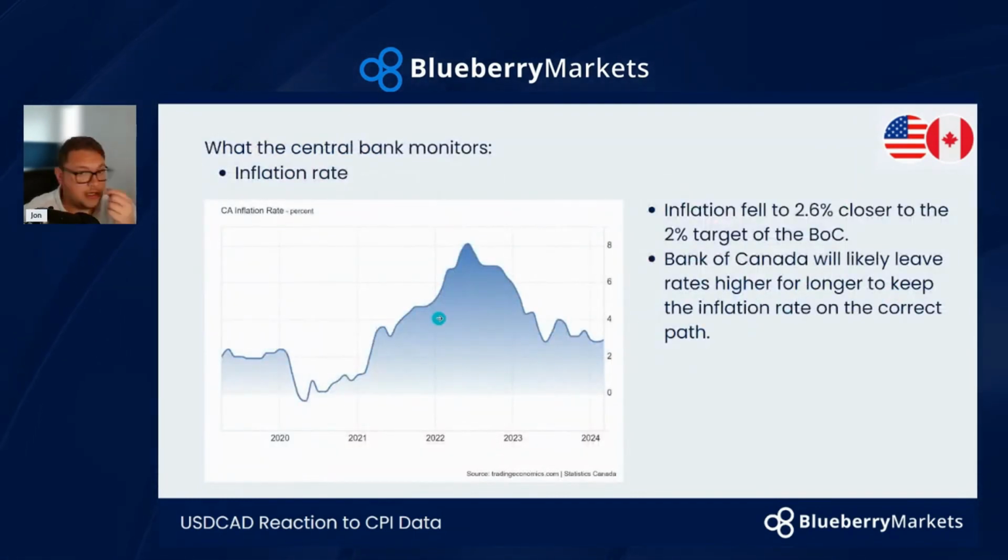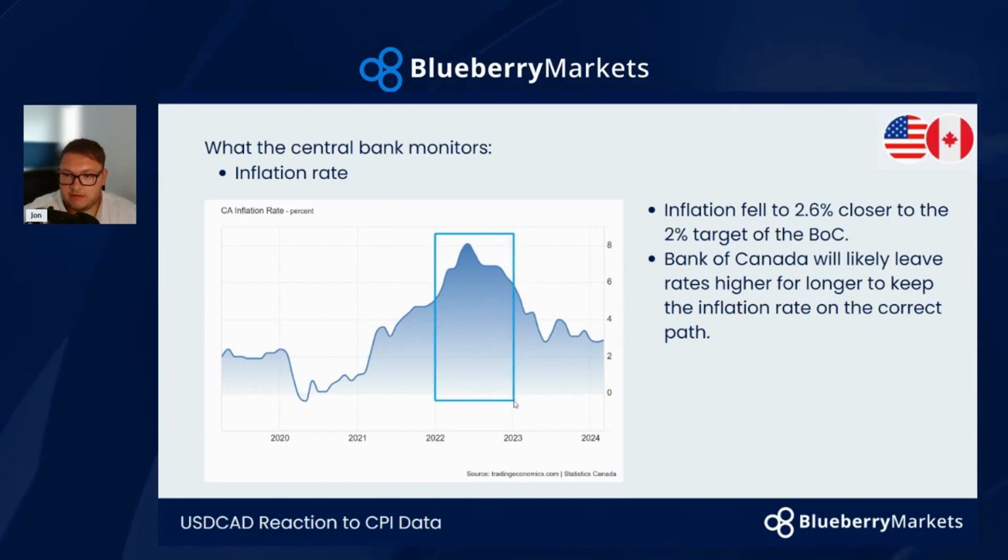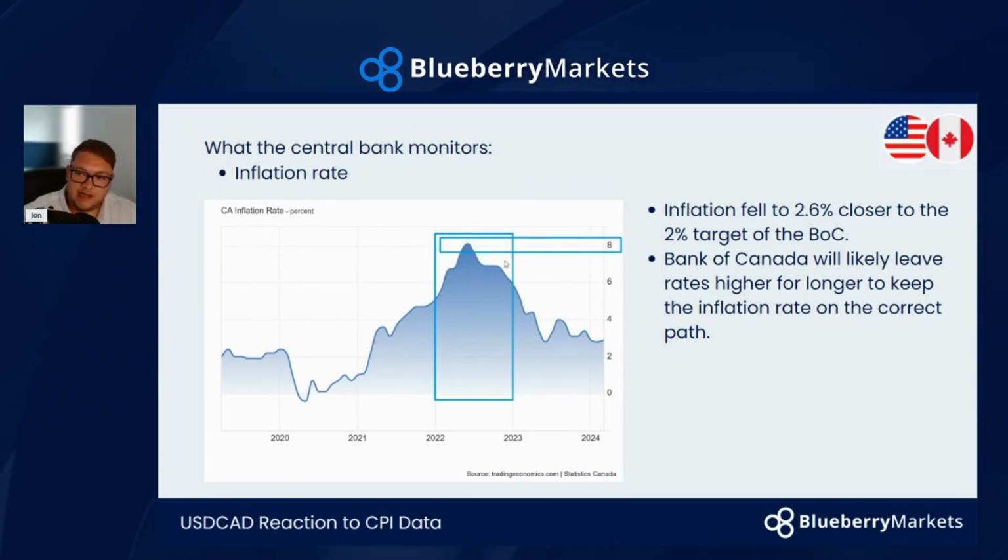But here we have the inflation rate. And there's usually three things that a central bank will keep track of. That is the inflation rate, the growth, GDP essentially, and the employment rate. And we can see here, obviously, we had a very large spike in inflation globally that was felt across the world, and it came near that 8% level. And now we've seen a nice decrease in that. We've seen the market almost trend lower in terms of the inflation rate.